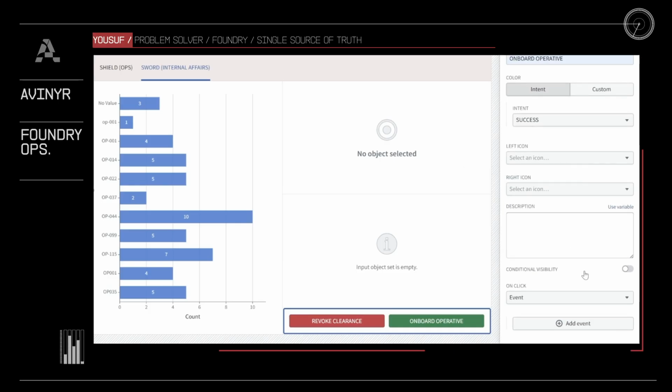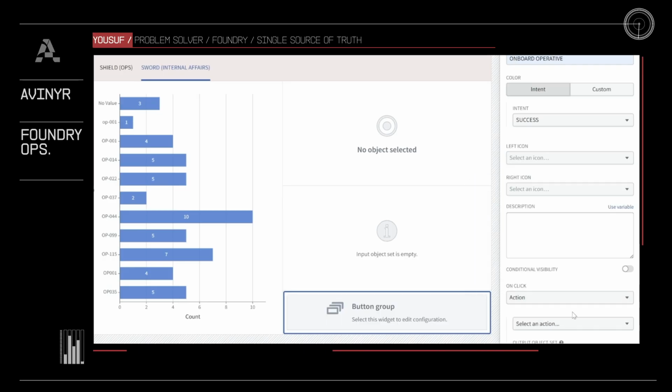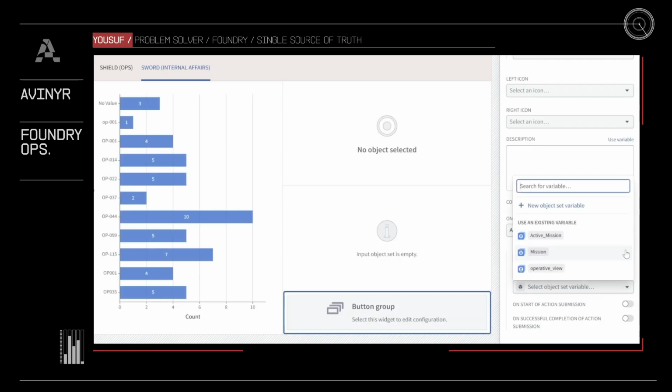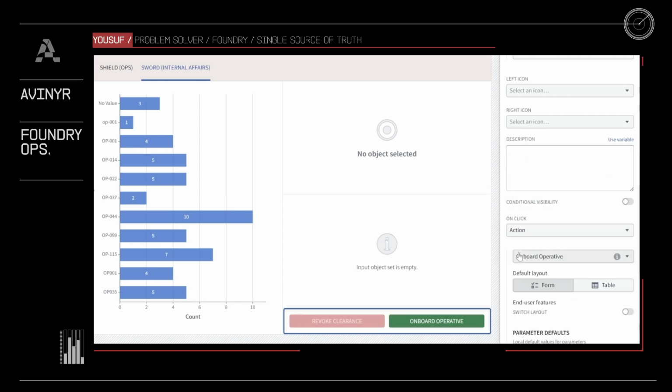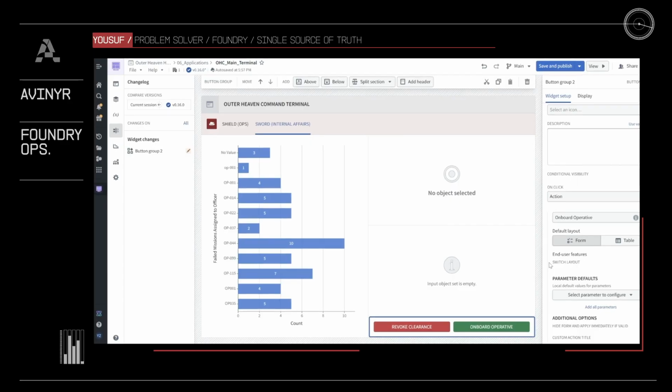Now we wire the button to our semantic layer. Under the onClick setting, we change the trigger event type to action. This prompts us to bind to our ontological writebacks. We select Onboard Operative. From this point on, Workshop will understand the metadata contract that we're calling, and it will be able to handle